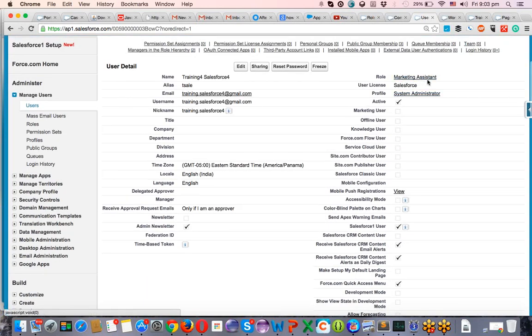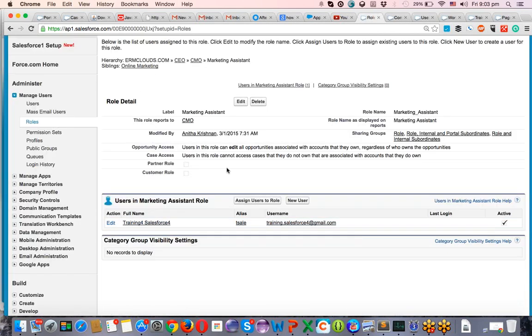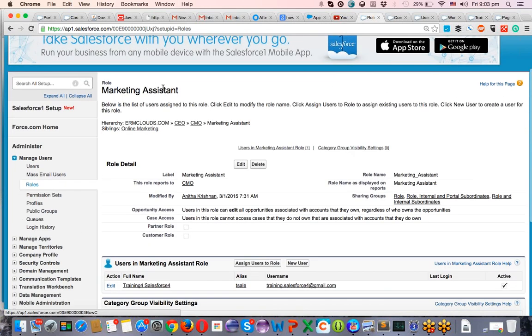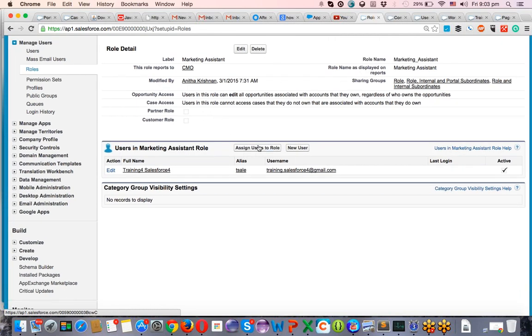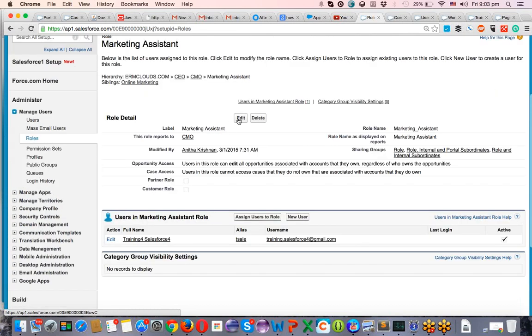See what it's assigned to: marketing assistant. But I did it from the role detail page by clicking on assign users. I can create a new user directly from here also, so that the new user will be automatically assigned to this marketing assistant role. I can even assign existing users to this role, and I can edit and delete it at any point of time.